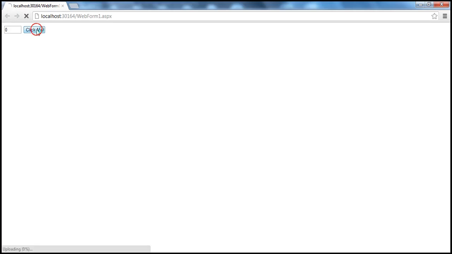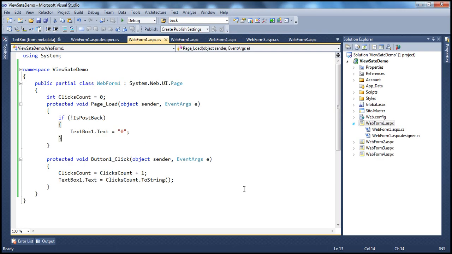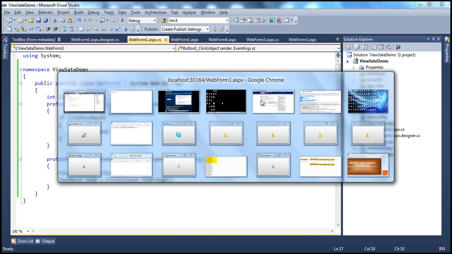So when I click the button one time, look at the value gets incremented to 1. I click the second time, I click the third time, fourth time. No matter how many times you click, it doesn't get incremented beyond 1. Let's explore the reasons of why. So if you look at the code, it's pretty simple. I mean, we have already looked at that. Okay, so the reason for why it's not getting incremented beyond 1 is because of the stateless nature of HTTP